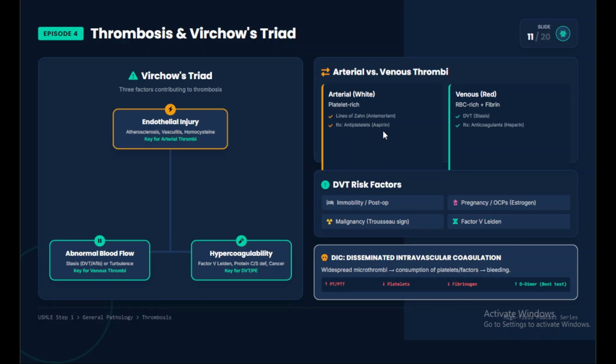The paradox is that the patient clots and bleeds at the same time. So lab features include the increased PT and PTT, and the clotting factors are used up in this case. Keep in mind that it is a state in which you are using clotting factors. It is a state in which you are using a lot of platelets, right? You are producing a lot of clots, and then you are using clotting factors,